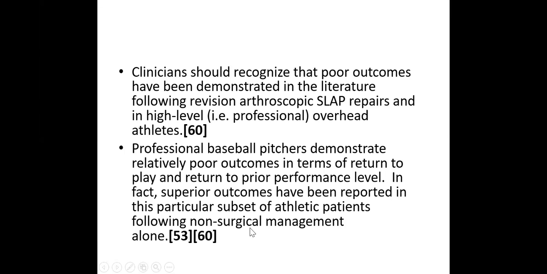And regarding regaining the pre-injury level of sports, in this study both studies have reported that after surgical management the patient outcomes were superior as compared to that surgical treatment, meaning where no surgical treatment was done, only simple non-surgical treatment, in which the